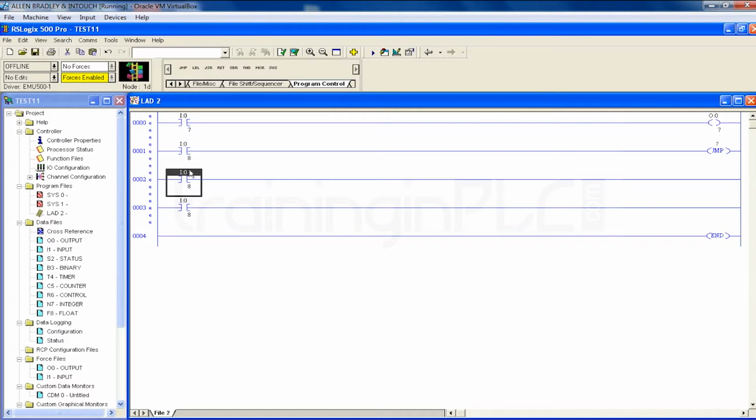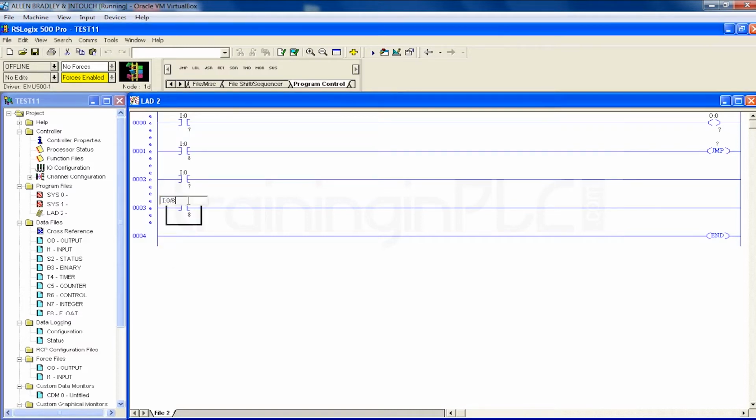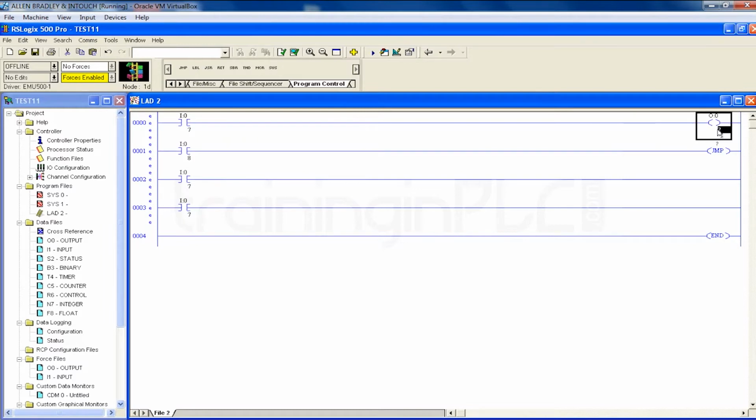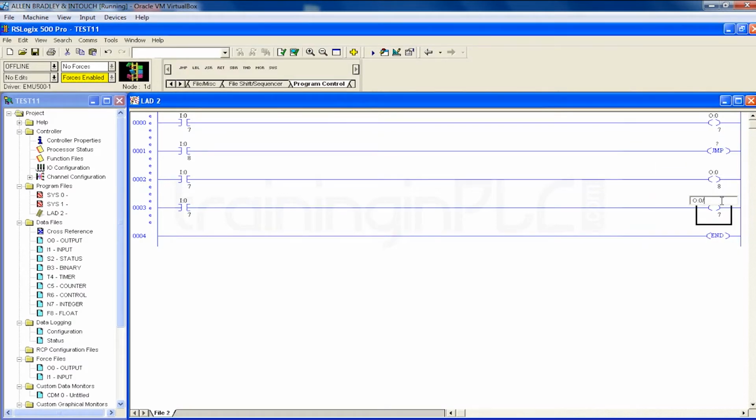Just change the address if you want, or you can make use of the same address, whatever you have given there. Yeah, like this. Let's copy the output. Output should be different. Change the address. 8. This should be 9, right?